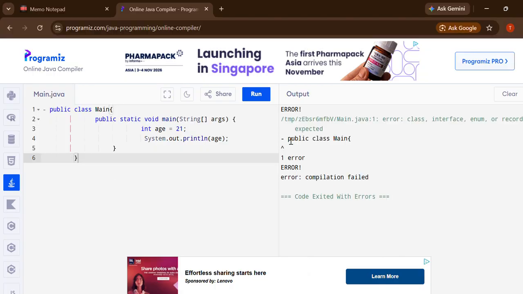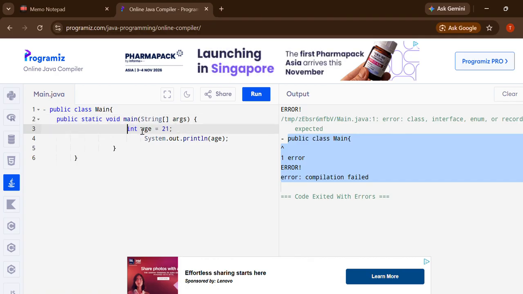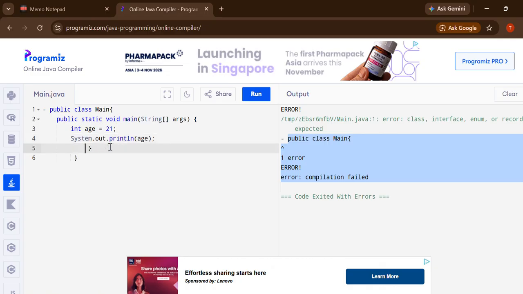Yeah, we got an error because Java is a language which is case sensitive and everything should be in correct places. Everything has a mandatory place and time. We have to follow that. We should not write as we wish. Everything should be in proper order.